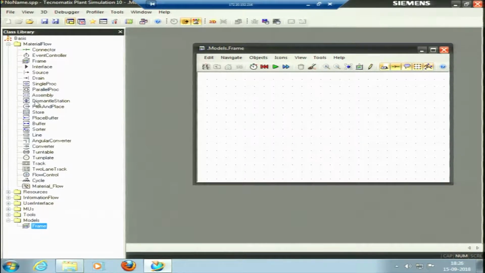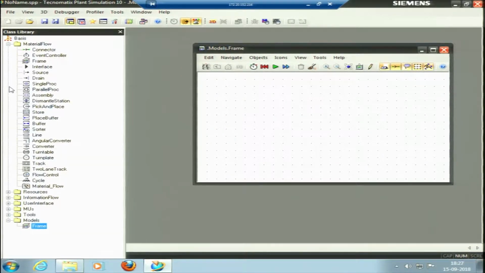The frames serve for the grouping of objects to build hierarchically structured models by inserting any of the built-in objects from these, or any objects that we can design, because we can design our own objects in this software as well. There is a code that is written for this software to design the objects. So, if someone is conversant with the code, he can also design the objects by himself.